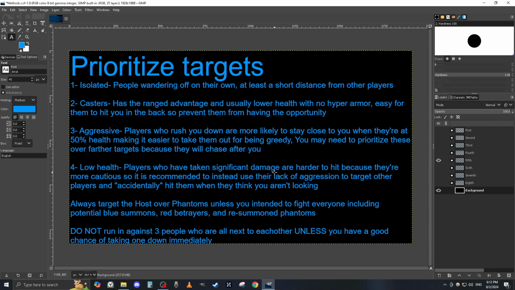Players who have taken significant damage are much harder to hit because they're more cautious, so it is recommended to instead use their lack of aggression to target other players and accidentally hit them when they think you aren't looking. Because sometimes they're out of heals, or they're trying to stop you from killing their squishy caster characters, their spellcaster or the host. So instead of healing, sometimes they will attack you. And you will accidentally kill them because you notice they're coming behind you, because you know they will forego their own safety to stop you from killing their friend. So you will know that that's going to happen, and then you hit them as they run up behind you,